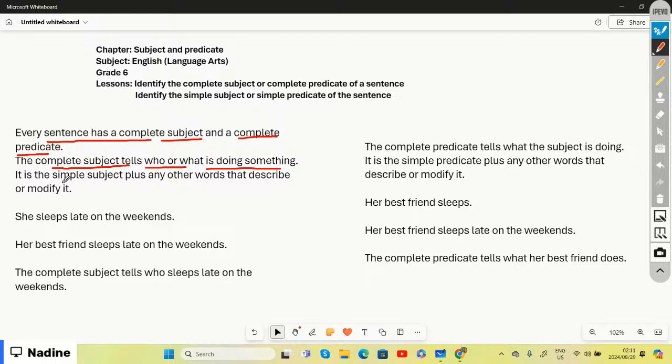It is the simple subject plus any other word that describes or modifies it. And if we look at an example,